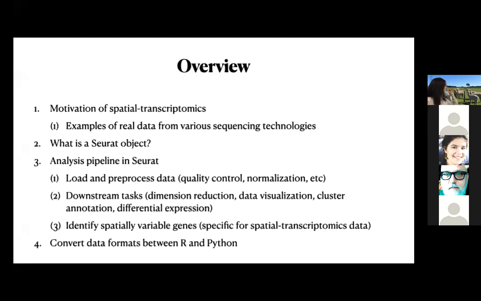So I'm gonna start by talking about the motivation of spatial transcriptomics data. And then we're gonna dive into actually the computational side for the skill seminar today. Specifically, I'm gonna talk about what is a Seurat object, how can we extract different kind of information we're interested in. And then I'm gonna showcase how to analyze the single cell RNA sequencing data or spatial transcriptomics data in Seurat. And lastly, if we have time, I'll also briefly mention some of the tips to convert data formats between R